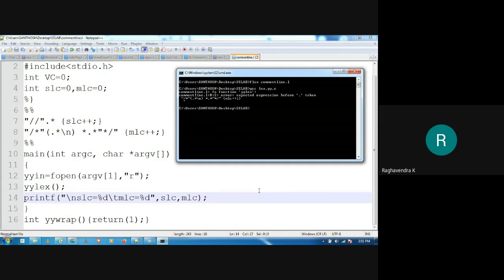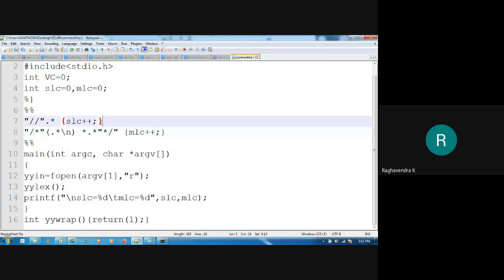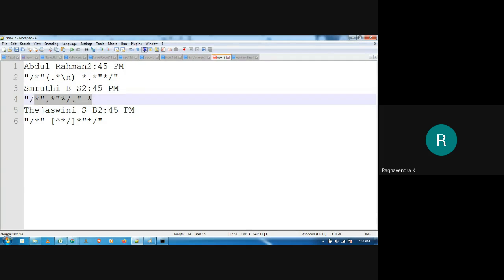Expected expression before dot token. Okay, so there's a mistake here. The way it has been written, maybe it is wrong. The regular expression is showing wrong. Let us try this one out.